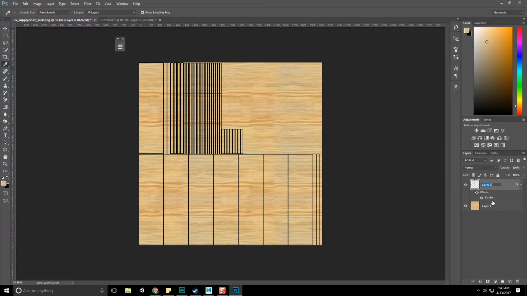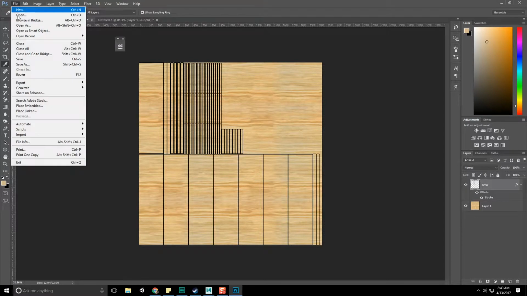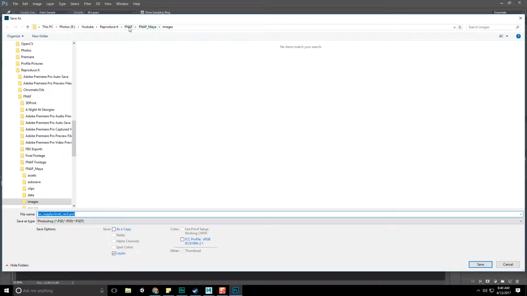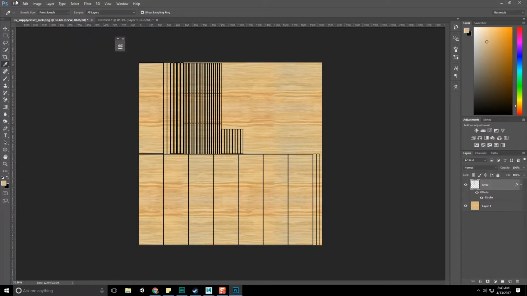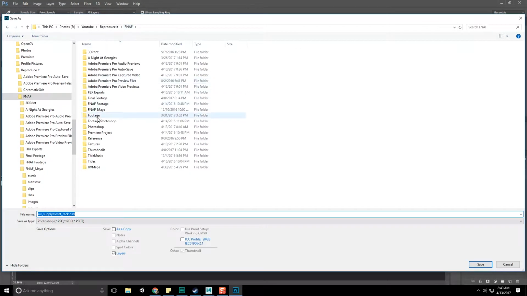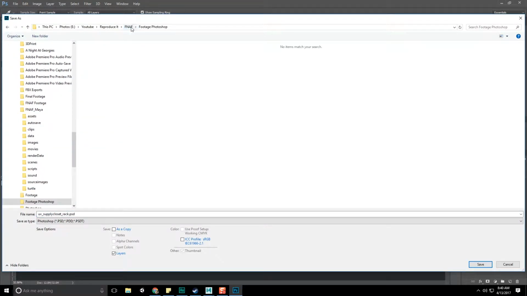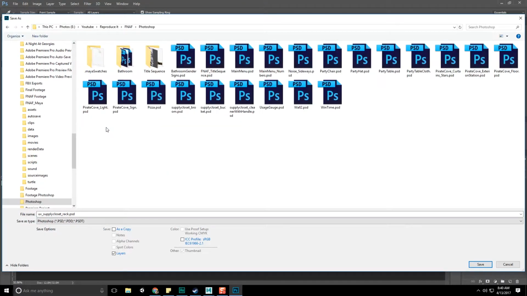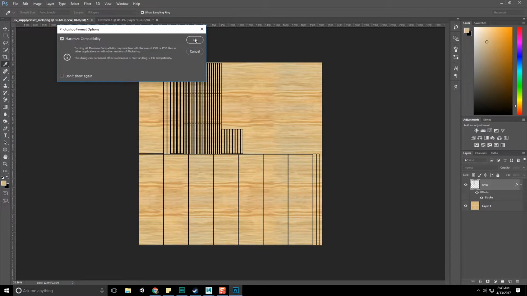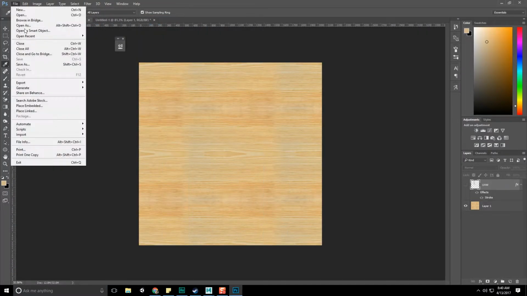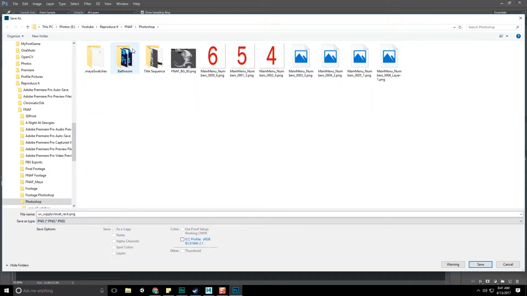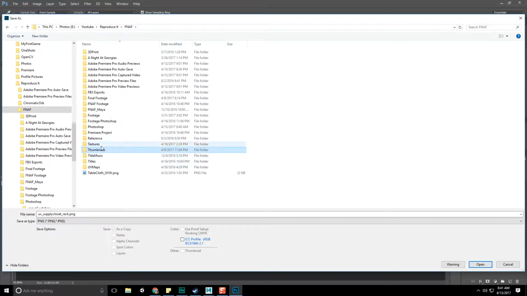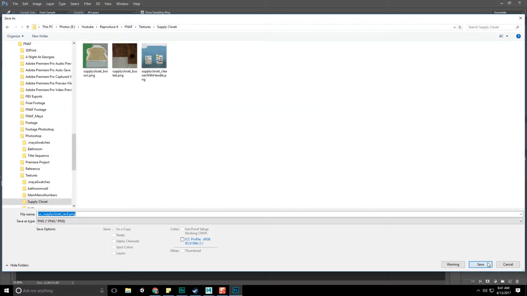So UVW, enter, go to File, Save As, and that's a PSD. Let's go to FNAF and Photoshop and save this out here. Wait a second, File, Save As, FNAF, Photoshop. And save. Okay. Turn off UVs, save file, save as, PSD, or PNG, and go to textures, supply closet, save,